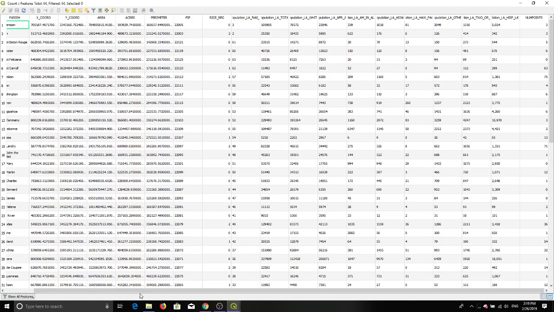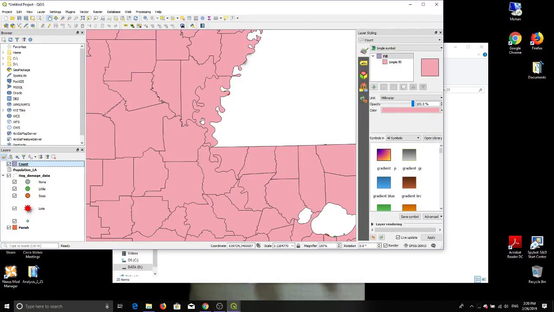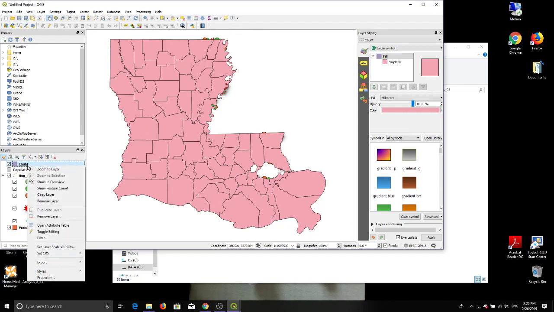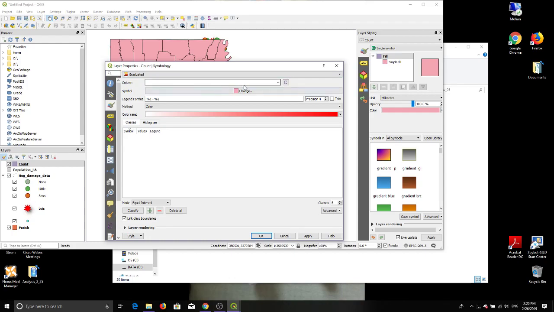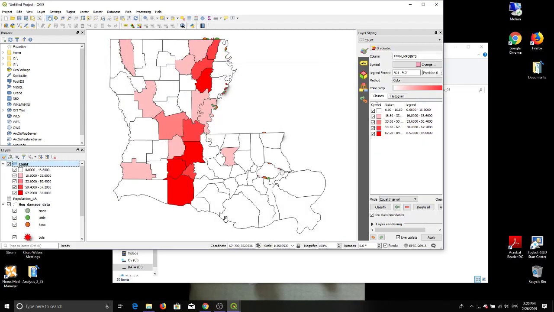You can then, instead of putting the actual locations, do the following. Now that you have that, you can go back and do some analysis this way, where you go to count and you hit properties and you do graduated, and you're using num points, and you classify it, and you apply it. So now instead of viewing the points themselves, which I should hide here, you're viewing the parishes with a lot of activity versus the parishes with